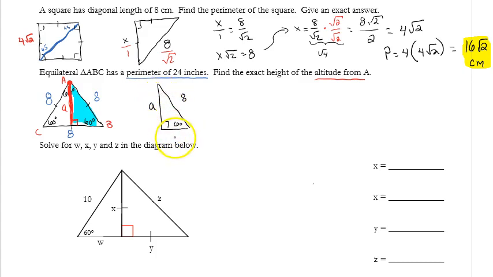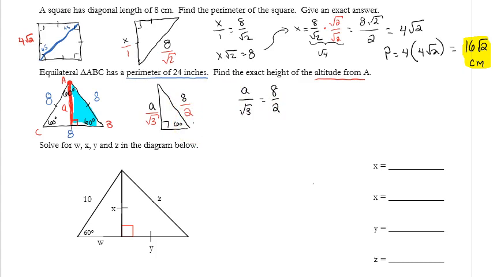So I need my 30, 60, 90 relationships. Across from 30 is a side length of 1. That doesn't help me too much here. Across from 90 corresponds to 2, so I put 8 over 2. Across from 60 corresponds to square root of 3, so my altitude goes over square root of 3. There's my proportion. The altitude over the square root of 3 equals 8 over 2, and I could simplify that